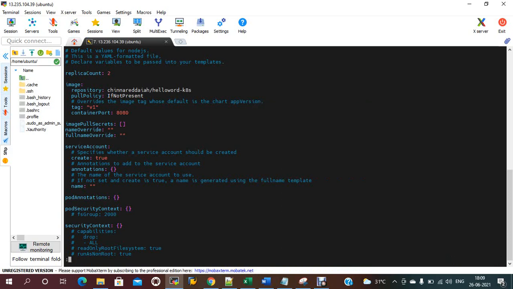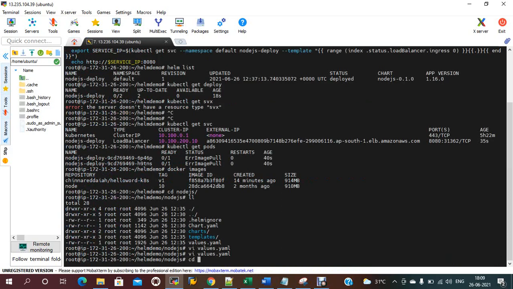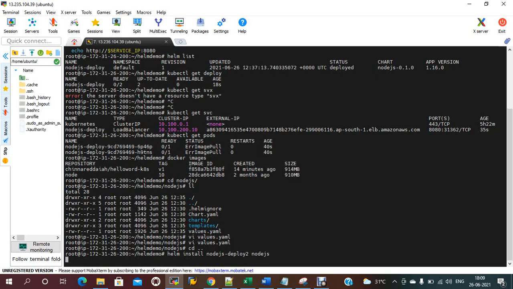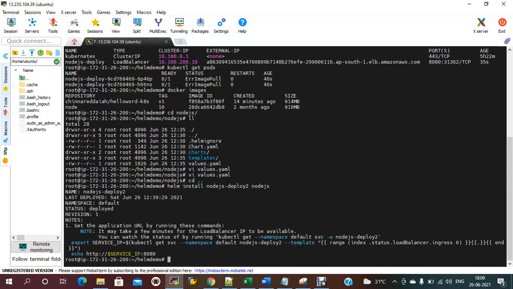Okay, let me try one more time, because the pods are not getting generated due to that issue. Now let me install nodejs 2 this time.